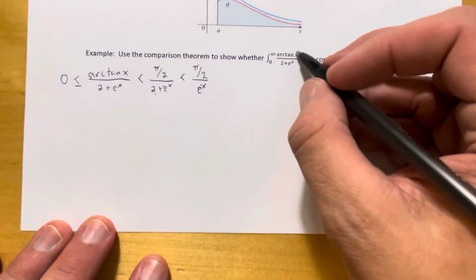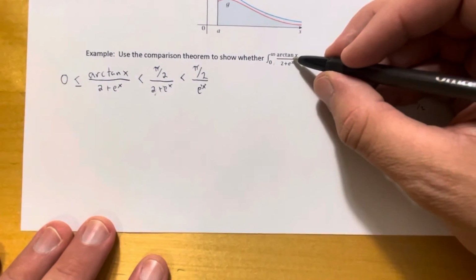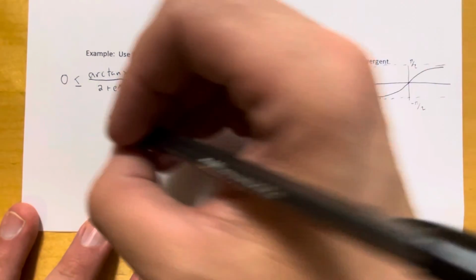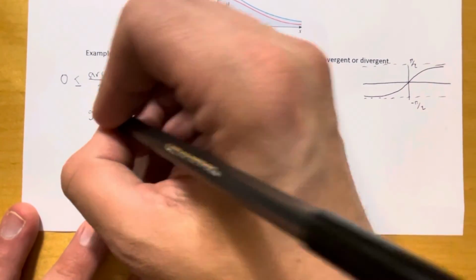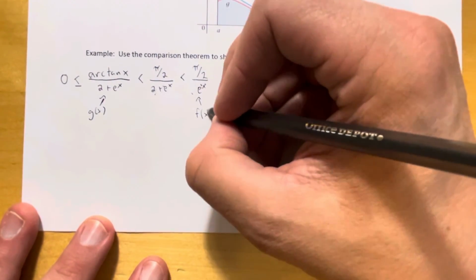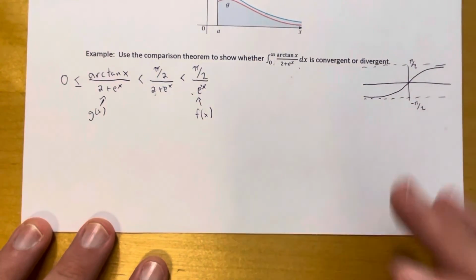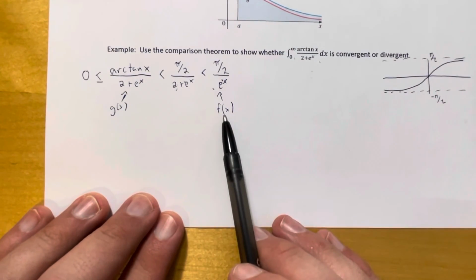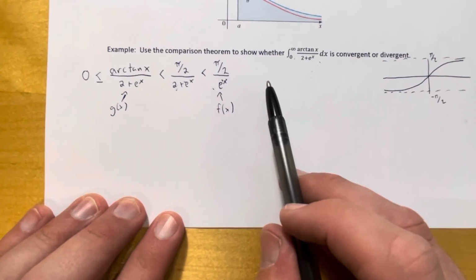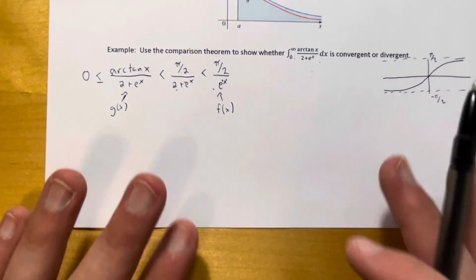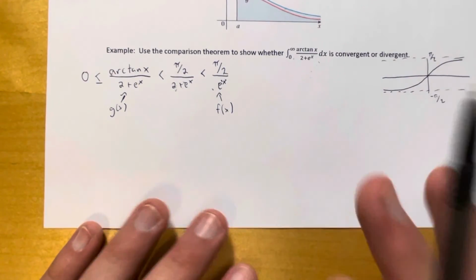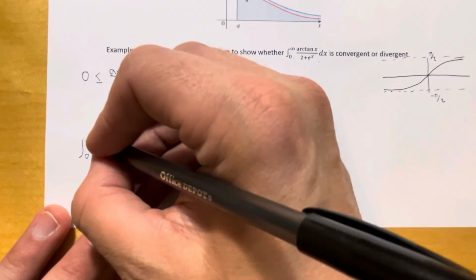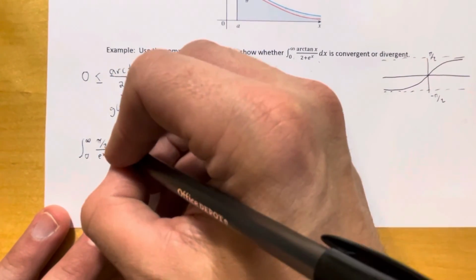Now, I'm going to replace this integrand with this. So this function right here is kind of like the g of x function. I can think of this as kind of like my g of x. This I can think of as kind of like my f of x in this theorem right here, because notice f of x is the one that's larger than g of x. Let me integrate this from 0 to infinity because that's easier to deal with. And if it gives me kind of what I'm hoping it'll give me, I can use my comparison theorem to answer this question. So the integral from 0 to infinity of pi over 2 e to the x dx,